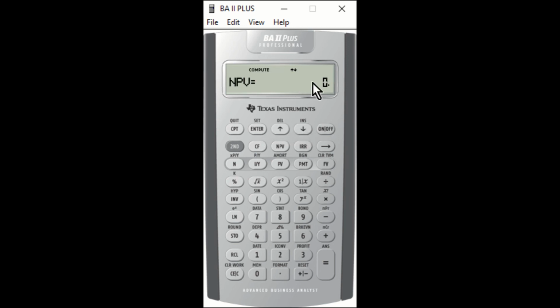Then we'll go down arrow again, and NPV comes up. Now it says 0 here, but it's also telling us compute it. So when you press compute, the answer $7,473 comes up. And what that's saying is if we were to pay $7,473.14 today and receive $4,000 year 1, $3,000 year 2, and then $1,000 years 3, 4, and 5, we would earn exactly 15% on our investment. So we will do a little more work on that in another